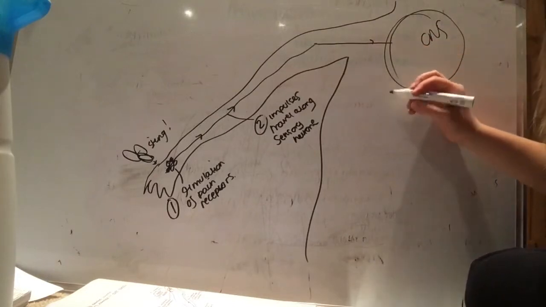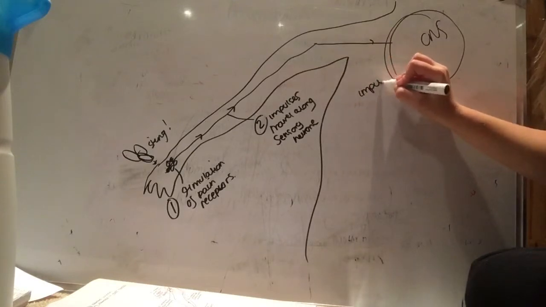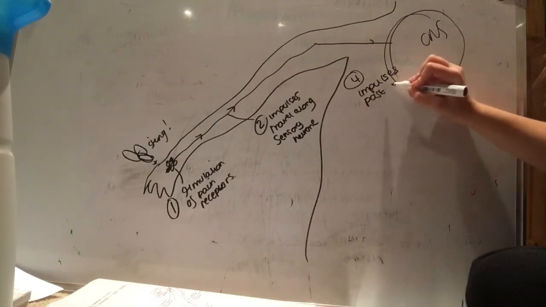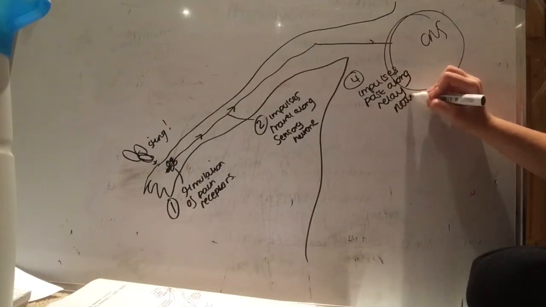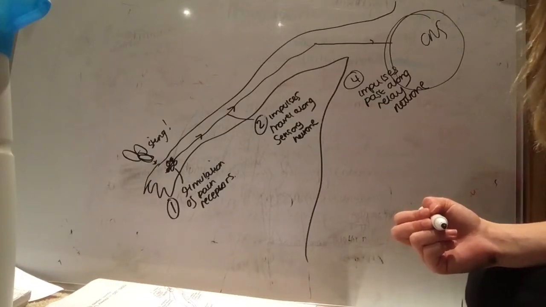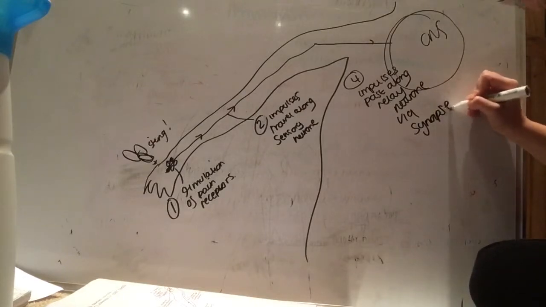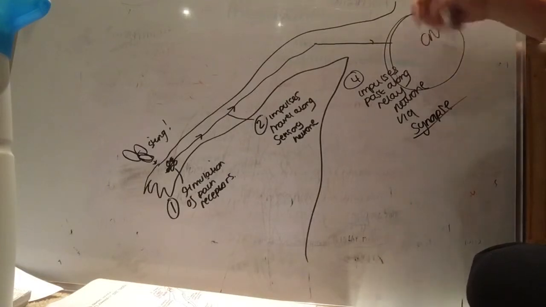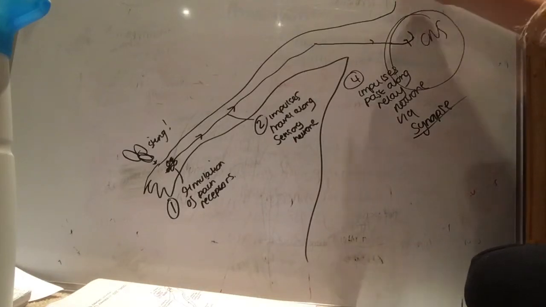Number 4, the impulses are passed along relay neuron via synapse, which we should know about. If you don't, then you're doing this in the wrong order. Via relay neurons, and then number 5,